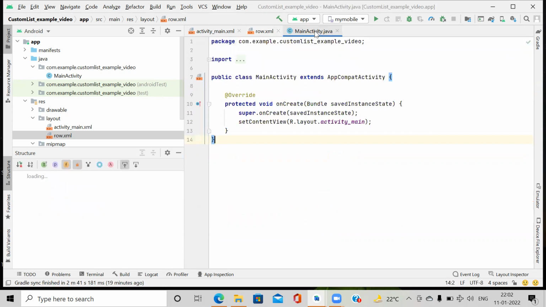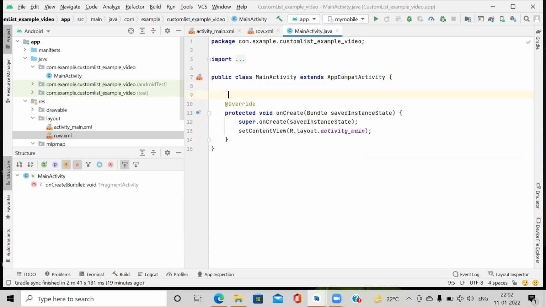Now we go to MainActivity.java. Here we create the string array. First for the title, I write here title and we create the array for it as we require the list.